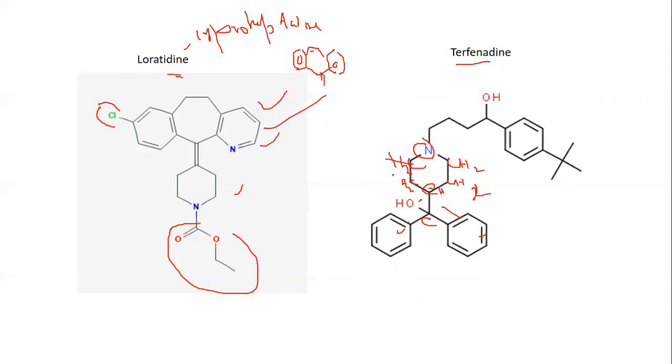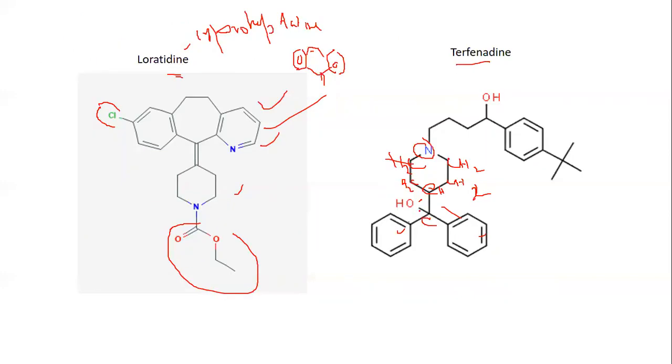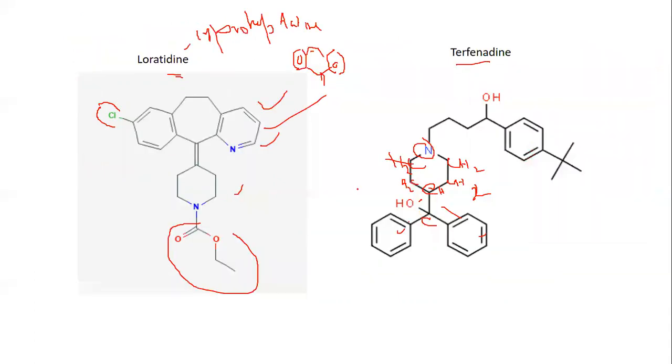This we have already seen in the case of cetirizine. The major difference with cetirizine is that piperazine is present there, with one extra nitrogen, but here CH is present. So cetirizine means piperazine. Terfenadine means no azine, so there is no piperazine. It's just dene. Dene or adene means piperidine, so this is the piperidine. Okay.